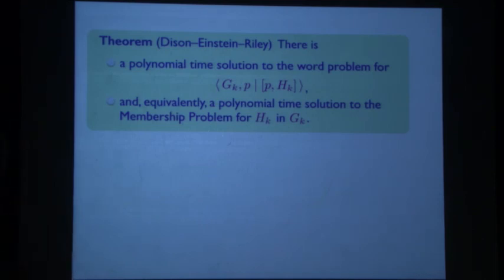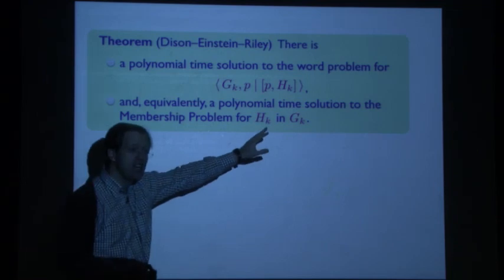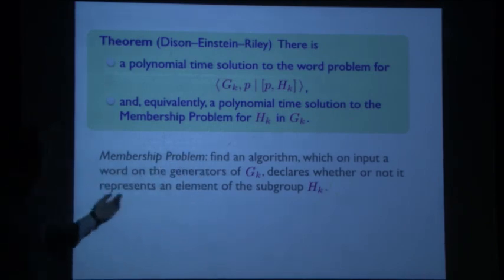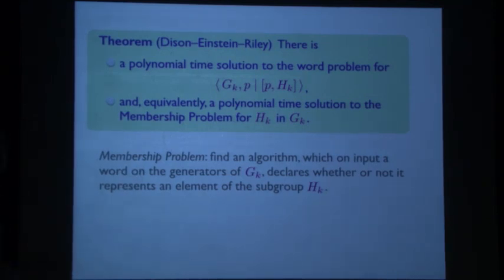And what this boils down to, in fact, is we can solve the membership problem for H_k in G_k in polynomial time. The membership problem is to find an algorithm which, on input a word on the generators of G_k, declares whether or not it represents an element of the subgroup. And the step from these being equivalent is really not a difficult thing. It's Britton's lemma, if you know about that. Why these two statements are equivalent is